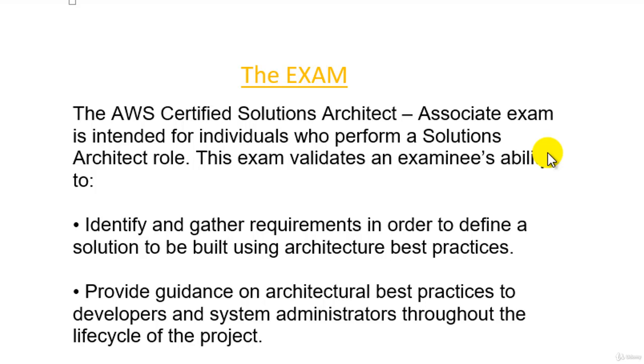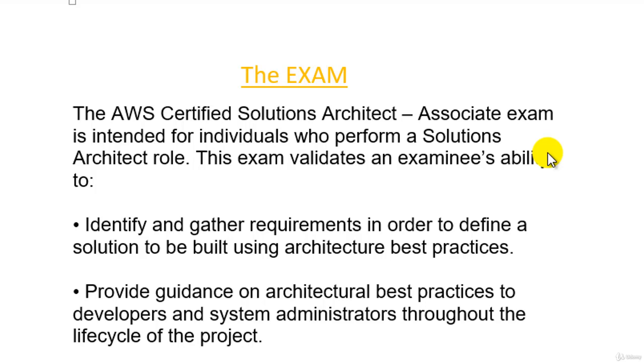As mentioned here, you need to identify and gather requirements from your client and from the infrastructure engineer, and based on that you have to give a solution from the AWS point of view. In doing so you have to provide some architectural guidance to the people who are planning to deploy their